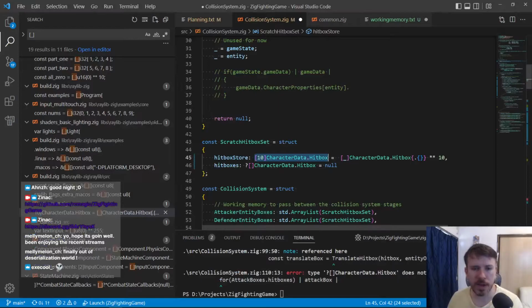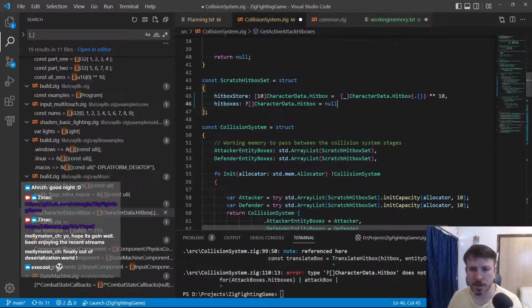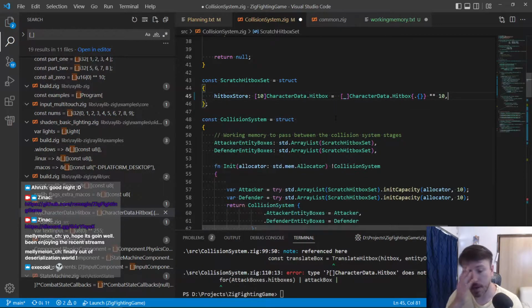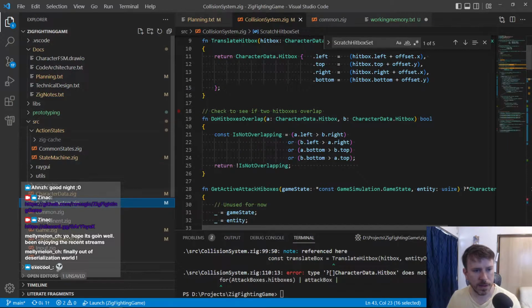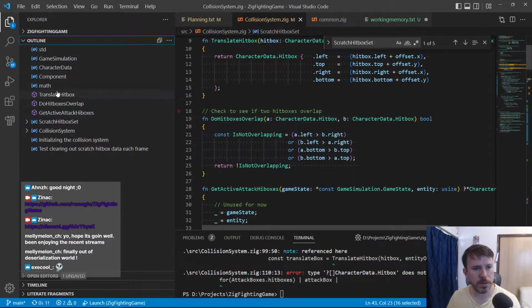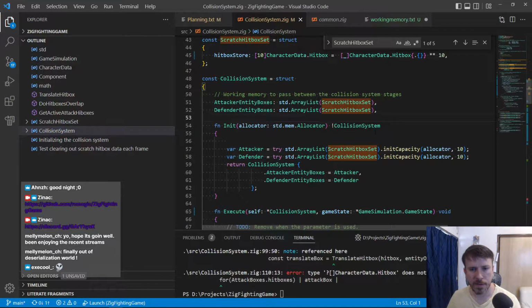Okay, well, we don't actually have to have these hitboxes in here, right? We can remove that. It's kind of annoying, but we can make more data. So yeah, let's go back to our outline real quick. So what I'm thinking here is we go to our collision system here. Oh yeah, where's our outline? I'm going to go to our collision system. So we have these sets of scratches. So we have, for every entity,